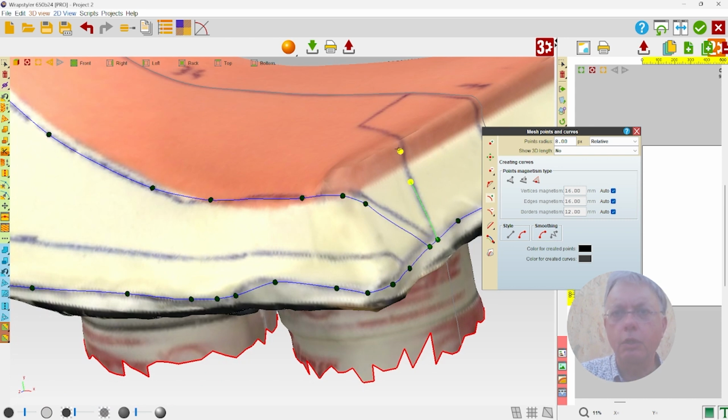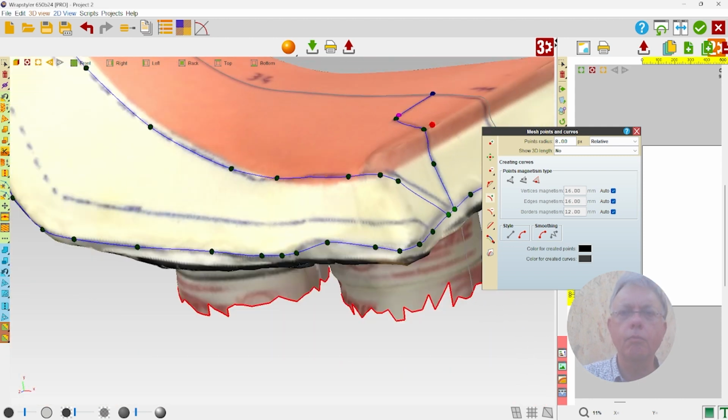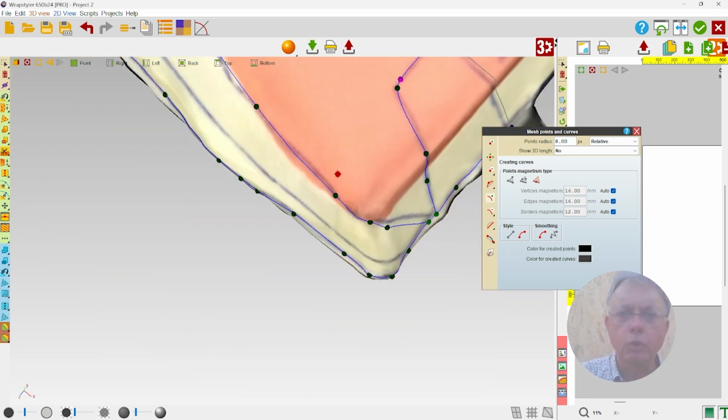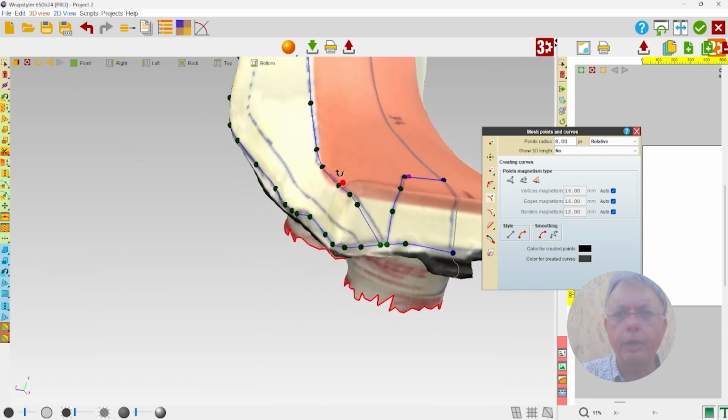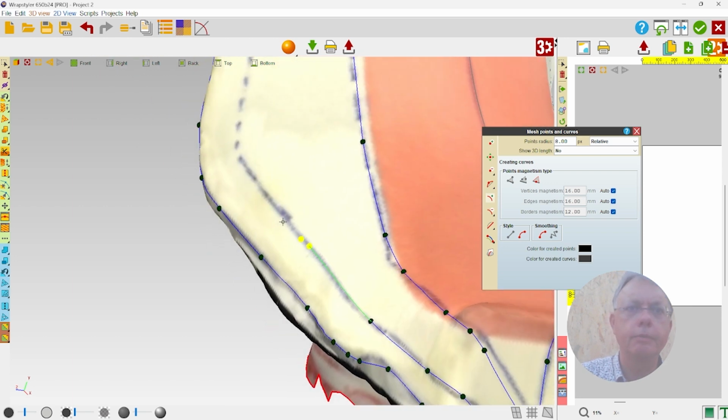And with this other line, I create here, and finally this line also is important to place.